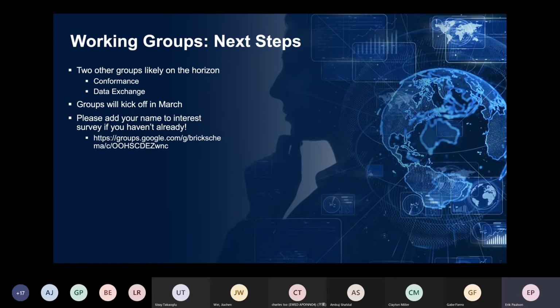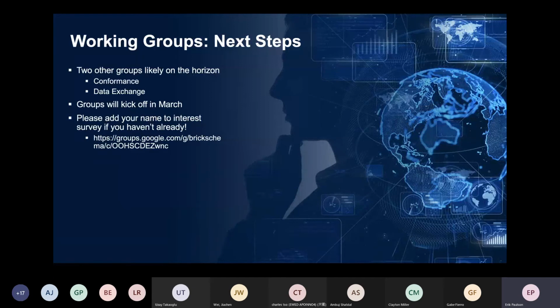And related to that is a data exchange. What's the format? What's the profile? How would Brick data be exchanged between these various profiles? We think that will also be an important step in making Brick more widely useful. We're not sure on the timing of this, but sometime in the future.